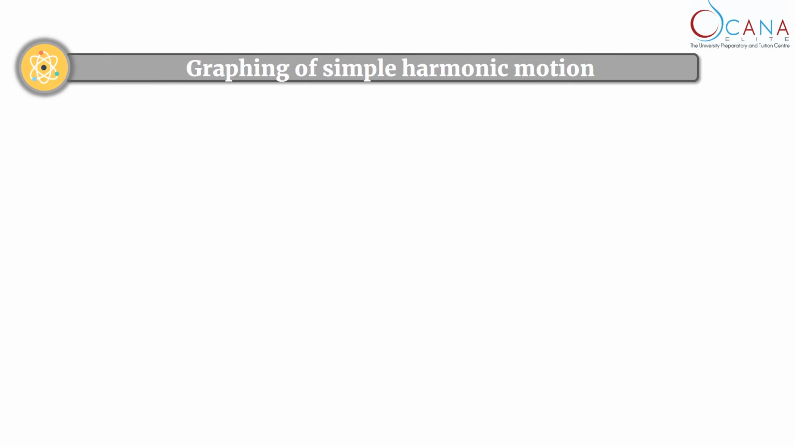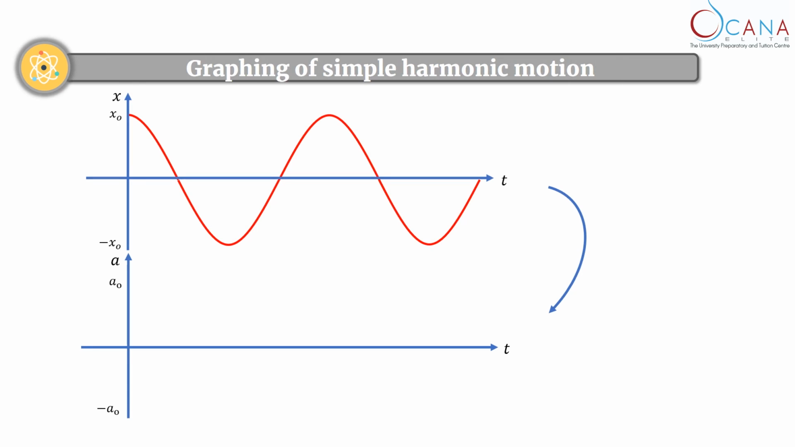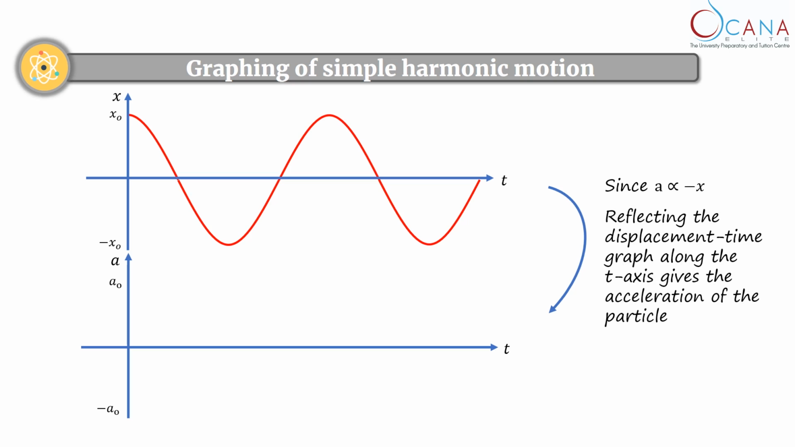Then how can we transform a displacement-time graph into an acceleration-time graph? Since acceleration is proportional to the negative of displacement, reflecting the displacement-time graph along the time axis will give the acceleration-time graph. As you can see here,